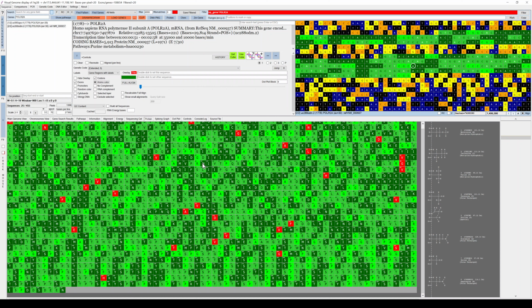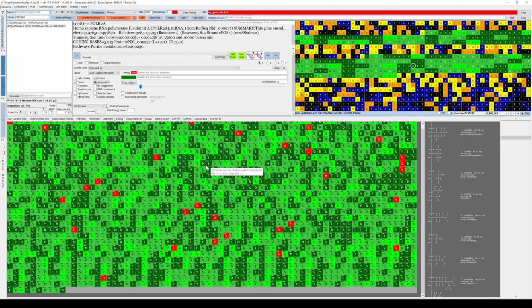What I've done here is, for all the codons where the amount of GCs in the codon is more than the amount of A's and T's, I've given it a brighter green color, and the ones where the amounts of A's and T's are more, I've given it a darker color.